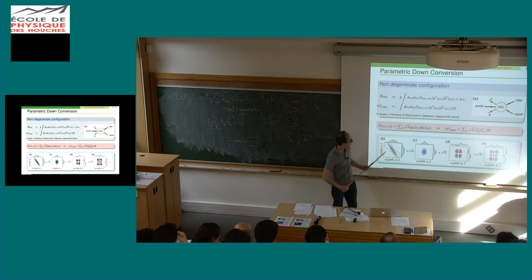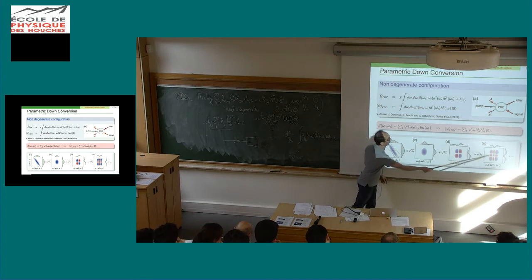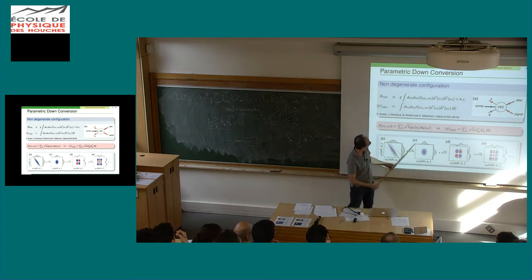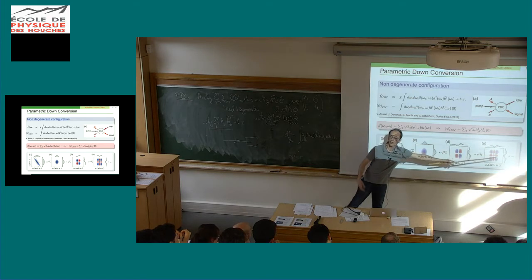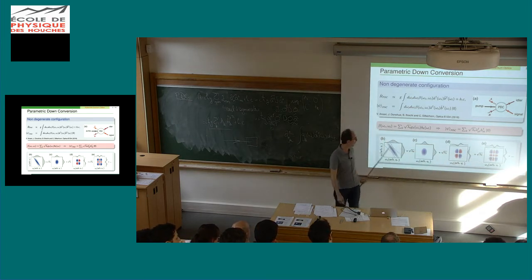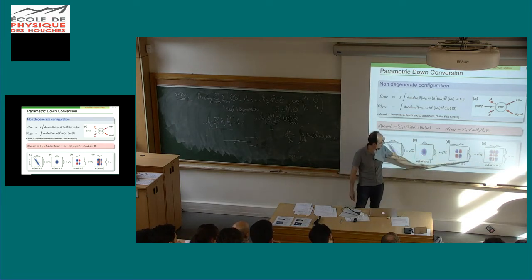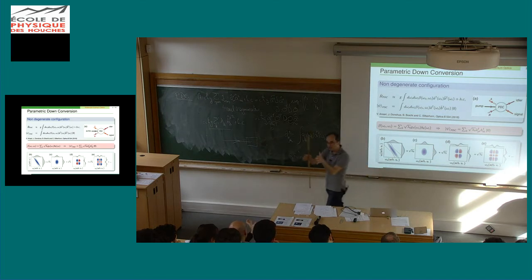What you show is that this function, beta of omega s, omega i, is a sum of this set of functions, where this one is a G1 and this one is H1. And this one here is a product of these two. This one is a G2, H2, G3, H3, and in fact when you have a Gaussian phase matching like that, you find that the functions G and H are very similar. They just have a different spread, a different spectrum, but they have exactly the same shape.